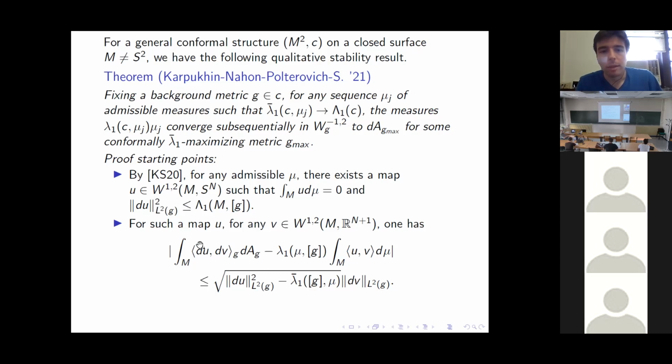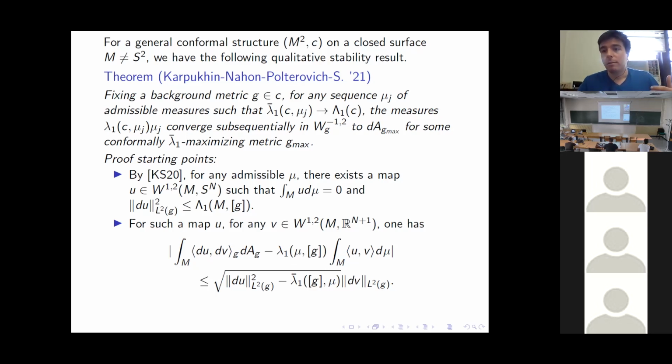And so then this tells us that, well, okay, we have a maximizing sequence, then we get this corresponding sequence of maps, which in some weak sense are looking like first eigenfunctions for these measures. And in particular, it follows with a little work that they're going to converge weakly to a harmonic map. And then if you dig into the bubbling analysis, so what's happening where energy concentrates, then using the fact that they're almost first eigenfunctions,